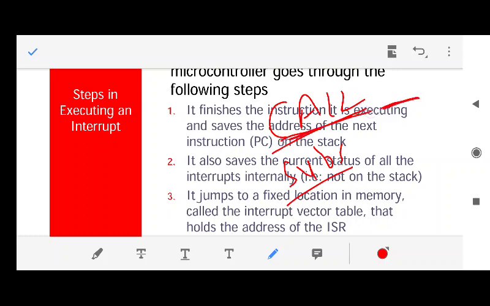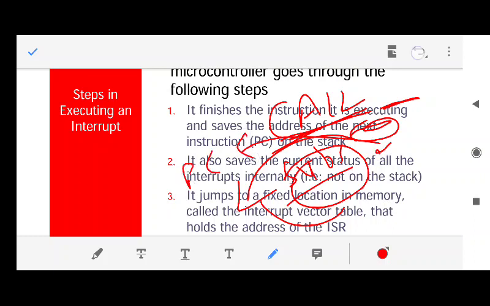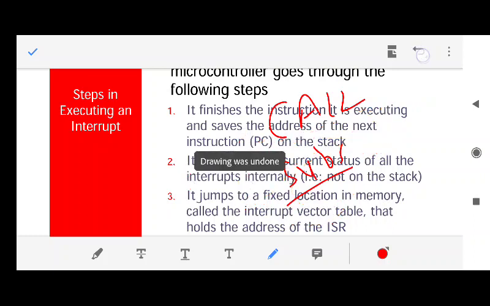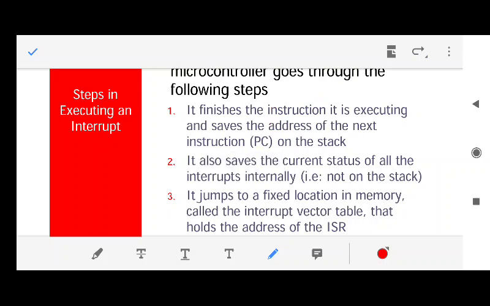We were calling a program. So what is it doing? It is saving the next line onto the stack, and then executing that subroutine. When it comes back from the subroutine, it checks the stack and moves the value from the stack onto the program counter. The same thing is done by an interrupt. It is not a new thing. But a program called in an interrupt is not a subroutine; it is known as an interrupt service routine, ISR.